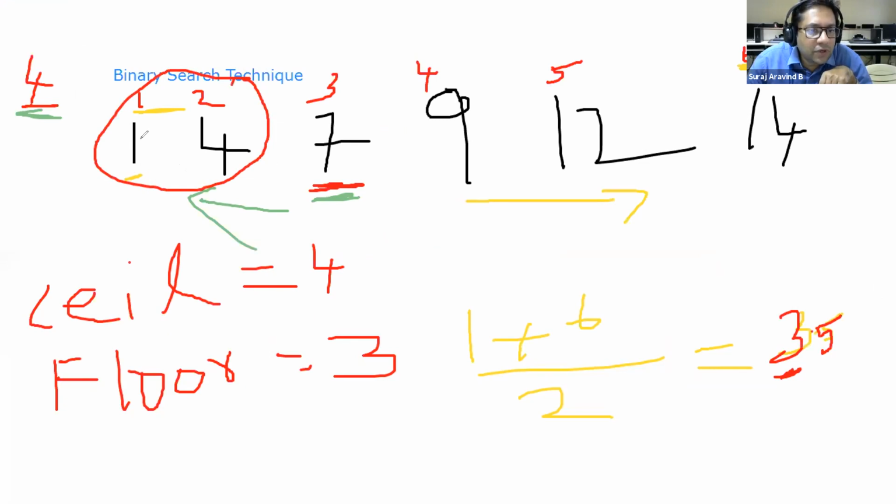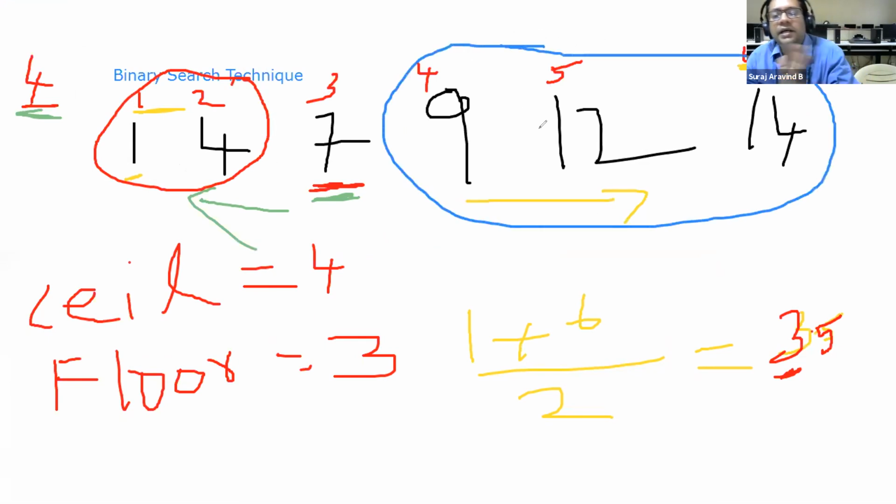The starting index will always be 1, and the ending index will be middle point minus 1. If I am searching for the bigger or higher end part, the starting index will be middle point plus 1, and the ending index will be the ending value.